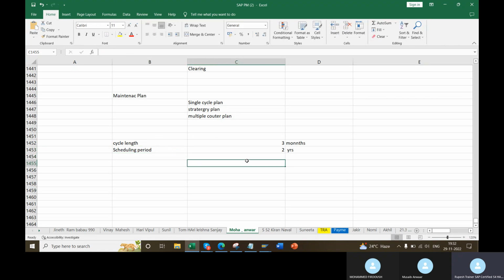So with three months, one year gives four work orders, and for two years, eight work orders will generate. Not only work orders, you can also create notifications through preventive, work order or notification as per your requirement. Let me know if anyone has any questions till now.